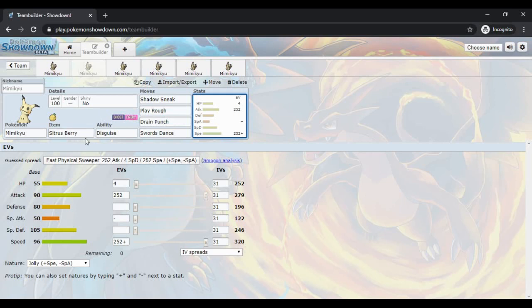So if they hit you again, Citrus Berry procs, and you get a ton of health back. Plus, Play Rough and Drain Punch do good damage, and Drain Punch raises your attack even more. It's really good. Mimikyu is also one of the ones where Dynamaxing isn't always the best because of Shadow